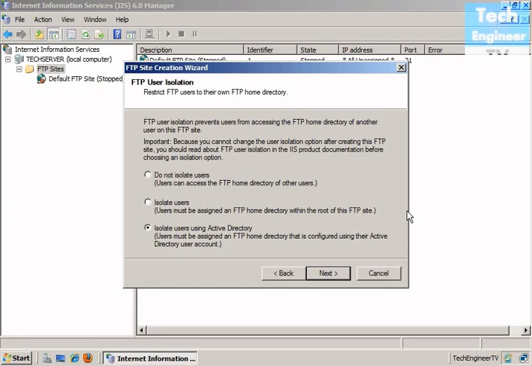Now isolate users using Active Directory is used for Active Directory domain users, and you have to first isolate those users' FTP home directory, then configure it using the Active Directory user account. So first we have to create the user, then you have to activate that, configure that in the Active Directory user account. So this is what isolate users using Active Directory means. Now I'm currently doing do not isolate users,